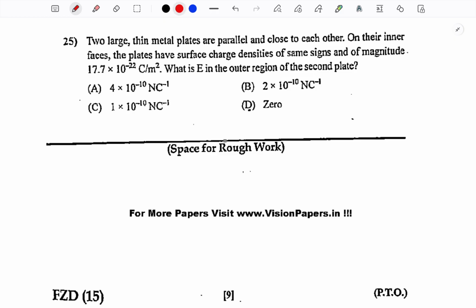Okay. So we know that, let's suppose here it is plate 1 and here it is plate 2. For example, let's say this plate is positively charged and this plate is negatively charged, and we have to find the electric field on the second plate. Let's say it is 1 and 2 electric field, okay, now